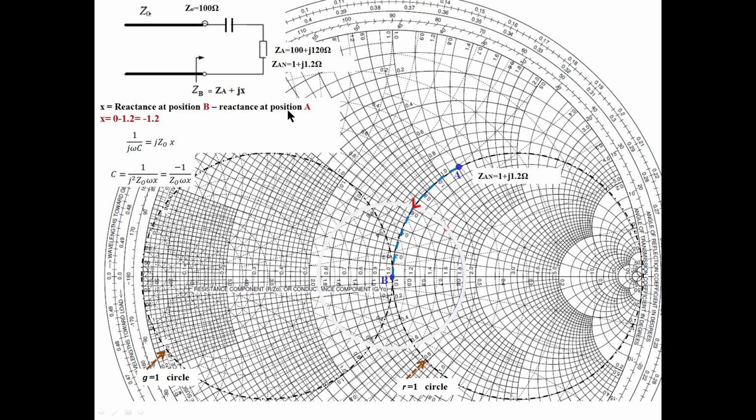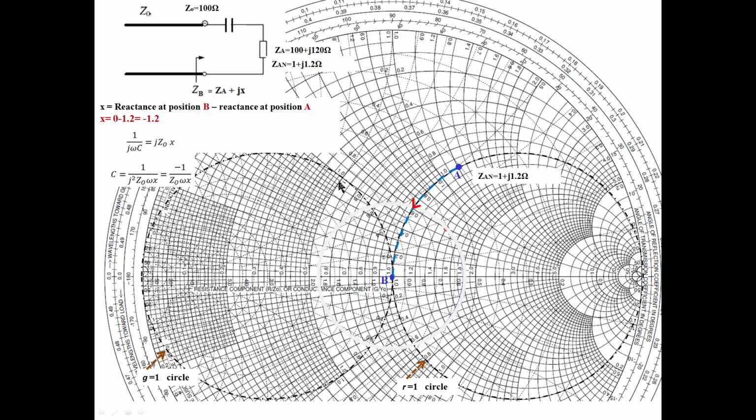So you can easily find out that a capacitor is added. What is the value of this capacitor? You can find it from this equation. See this equation I have given, for a series element added. What is the capacitor value? You can use this equation: reactance at B minus reactance at A. What is the reactance at B? The x value is 0 here. See, this is a horizontal line, and you already know the x value is 0. So put a 0 value.